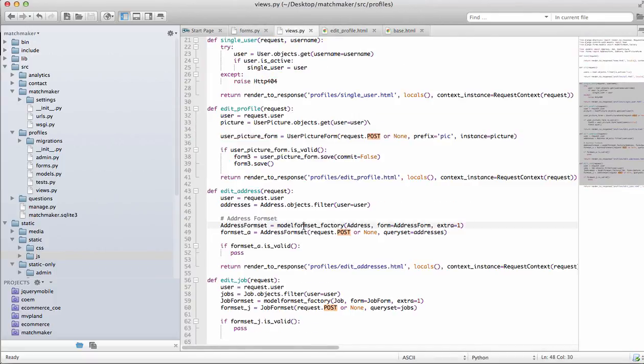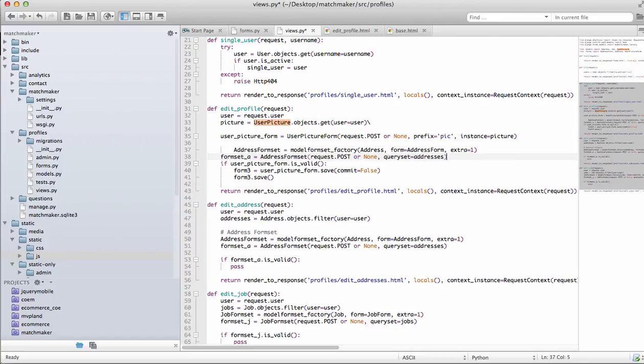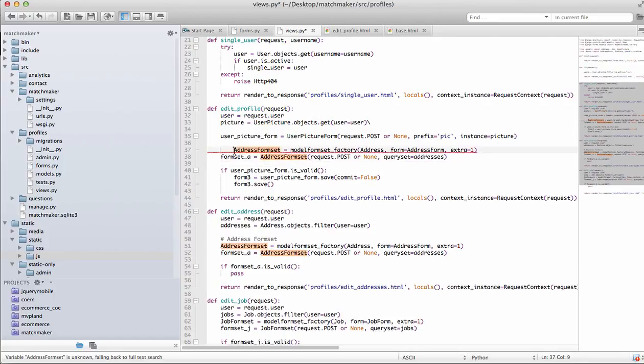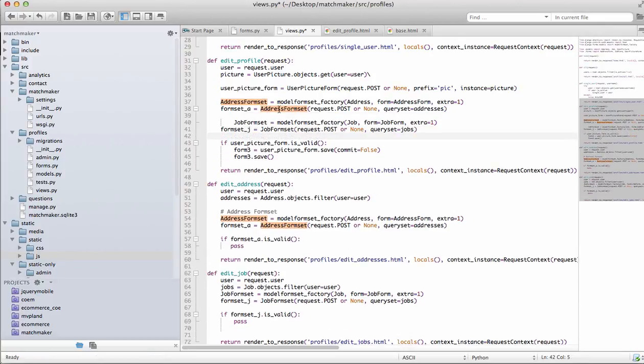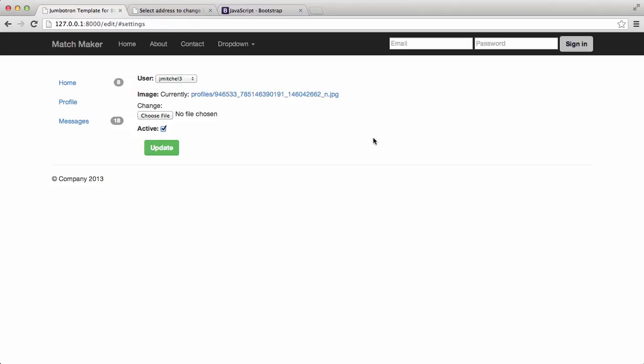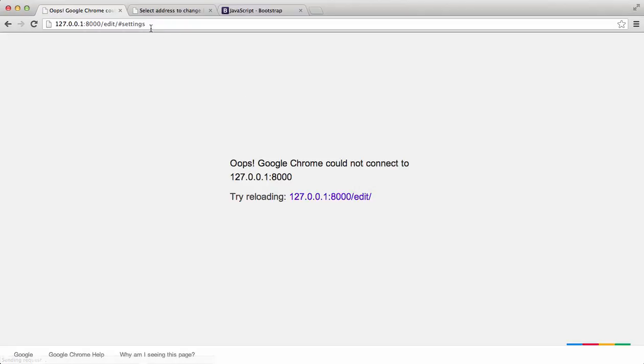So back into our views, we need to just copy these and put it into edit profile. Don't worry about validating or anything like that quite yet. We are going to handle that later. First, we're going to just set it up in a way that looks better. Okay, if we do a refresh,